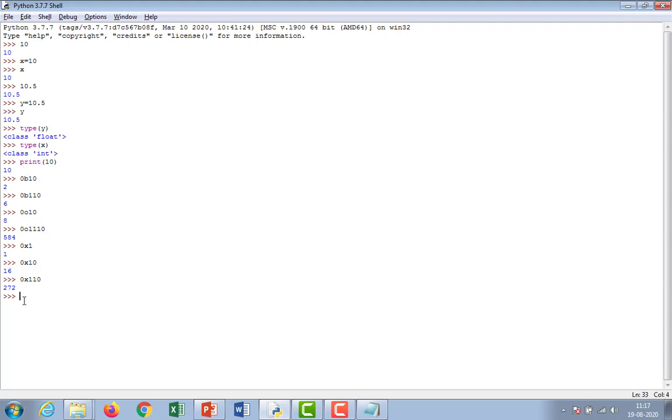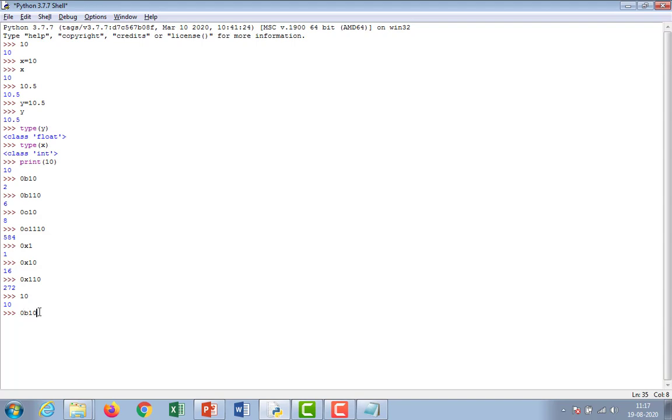If we give 10 directly, then the output becomes 10. It is considered a decimal number. So unless you give a prefix, the number is decimal only. If you want to print binary numbers, you must prefix the number with 0b, like 0b10.